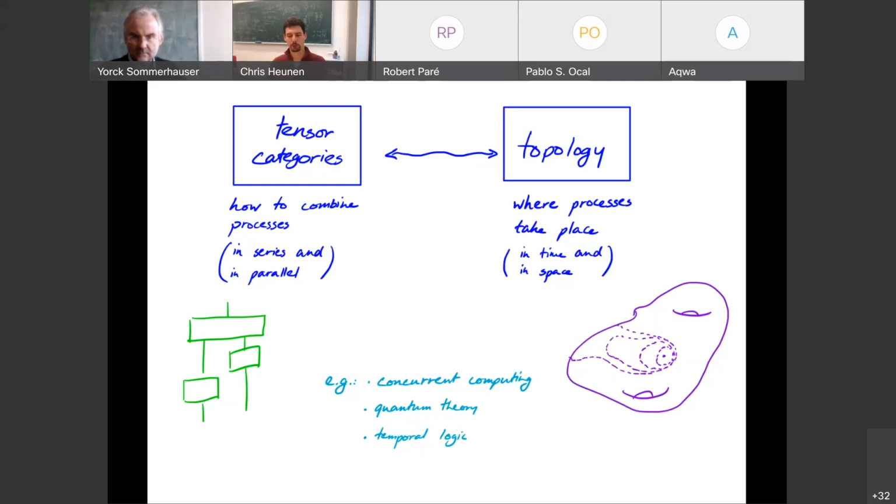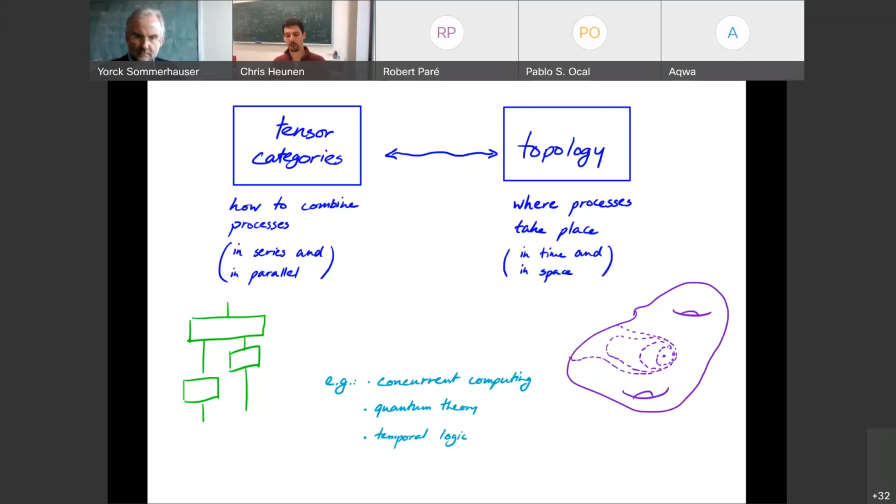We won't talk so much about applications, but this finds applications in, for example, concurrent computing and semantics for concurrent computing, where various processes in a single processor try to compute on the same input and do so at the same time, and sometimes send messages to each other, etc. This finds applications in quantum theory, which is where I come from, where you have several processes that can work in parallel to some extent, but they can also be entangled and in that sense interface with each other. But nevertheless, one can be before the other, and there's some notion of where they act, where they live.